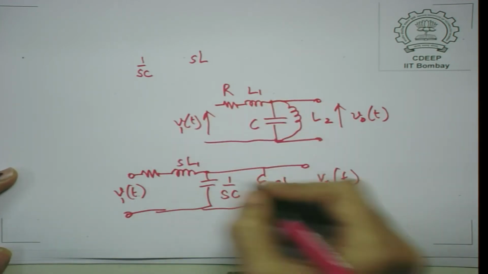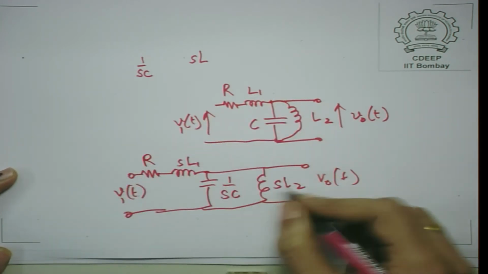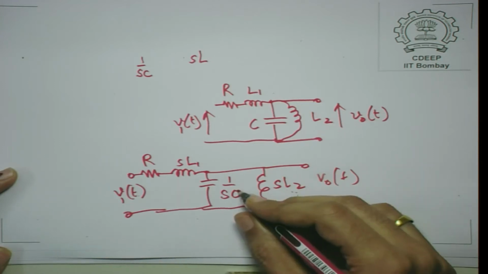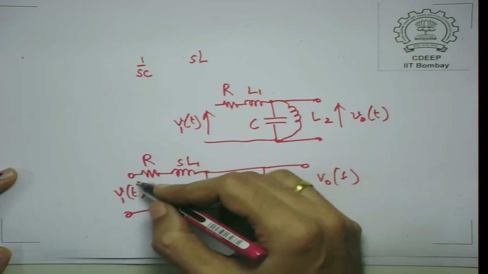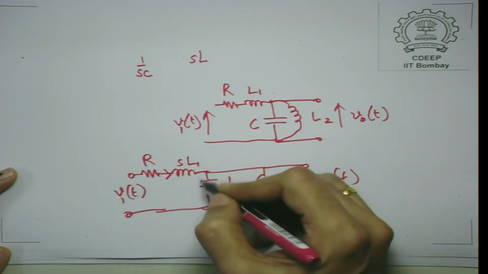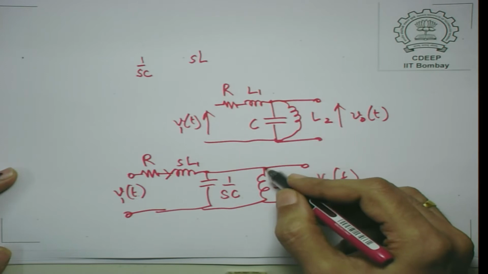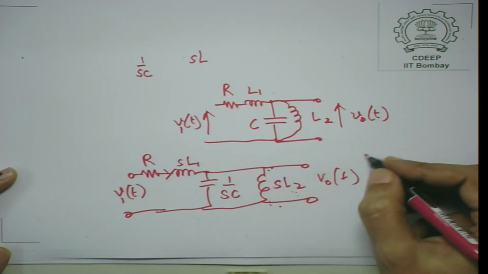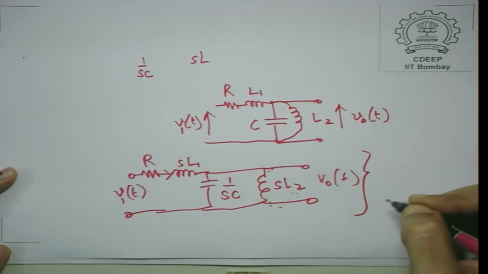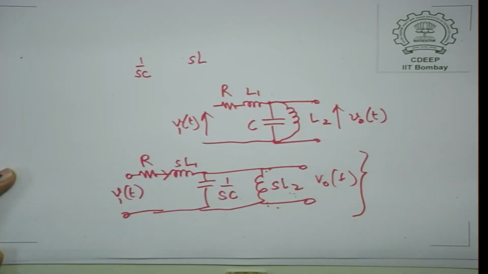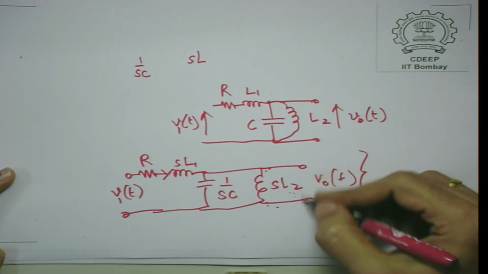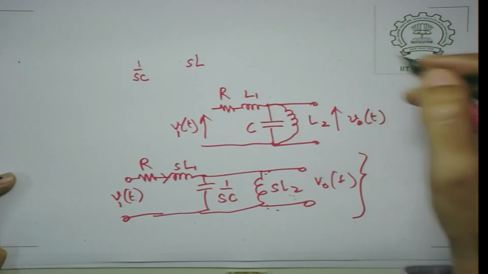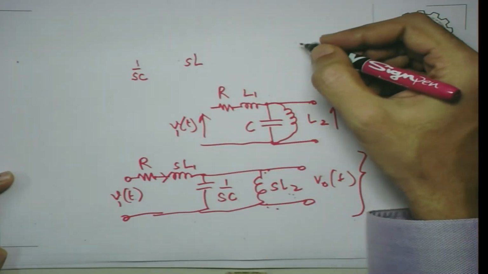So, this is quite easy to do. In fact, this is a parallel combination of sL2 and sC, and this is in series with this. So, you can get the current flowing through this, and once you get the current flowing through this, you can infer what is the voltage across this. So, what can you do in this circuit? There are two things you will find, that the steady state can be obtained by the method I told you. You can actually get V naught by V1, which is nothing but, okay, let us work it out. So, you will find that V naught